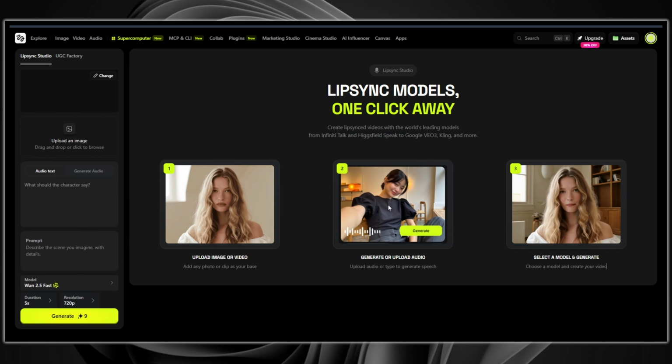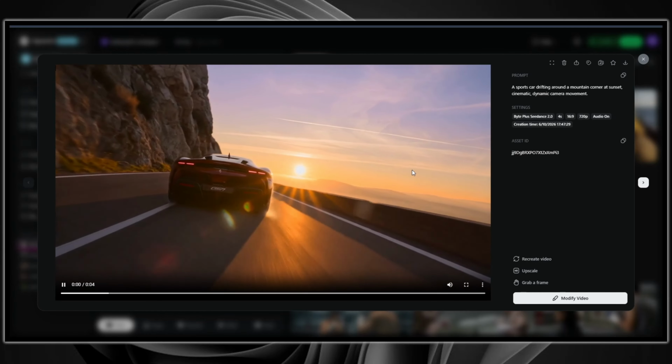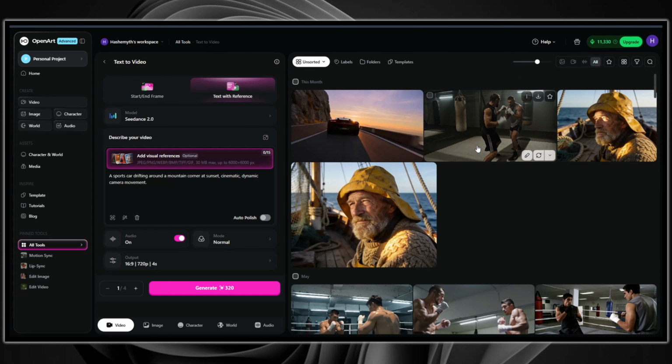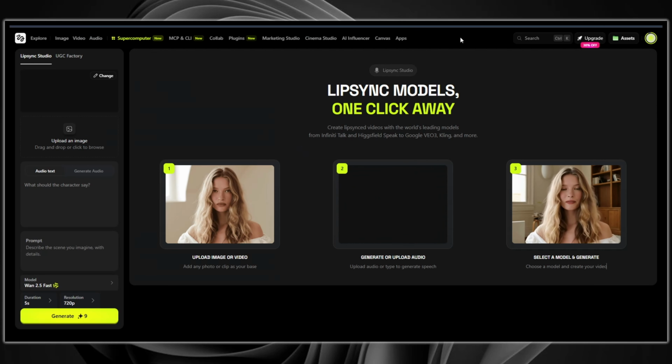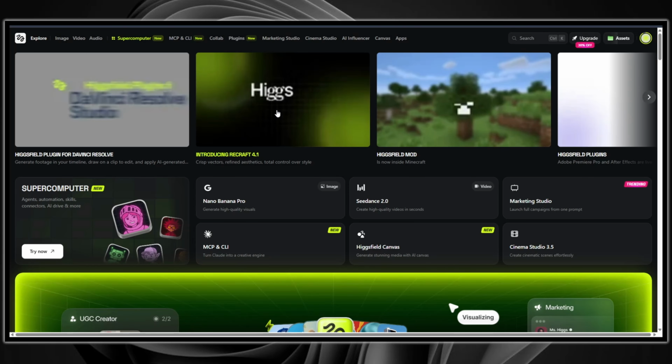OpenArt also has video generation through its model library, and it is capable as you can see, but it doesn't have the cinematic camera controls or the depth of video specific features that Higgsfield is built around. For serious video work, Higgsfield is a stronger tool. So at this point, each of these two platforms gets a win. OpenArt takes image generation and Higgsfield takes video, which means the decision really comes down to two things, and most people never really check before they pay: